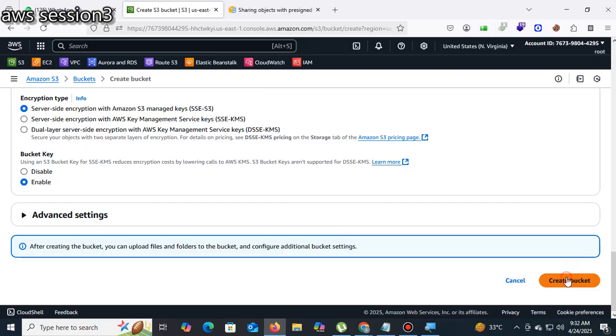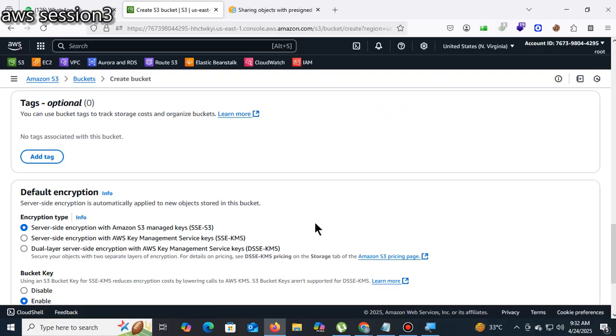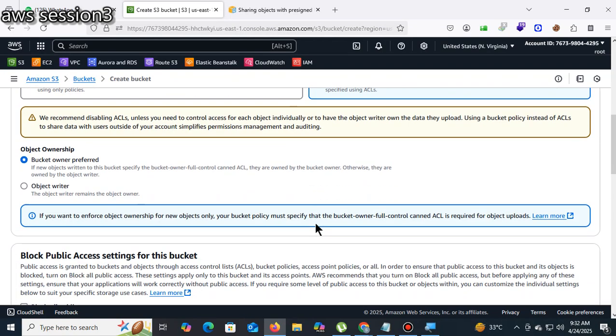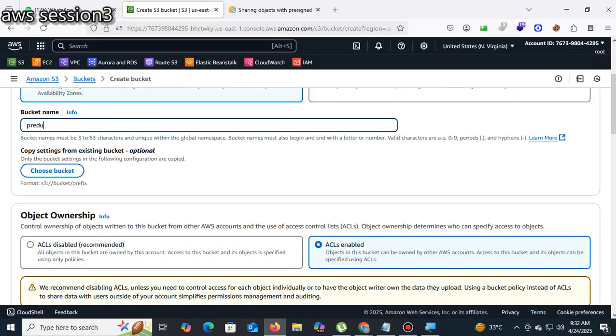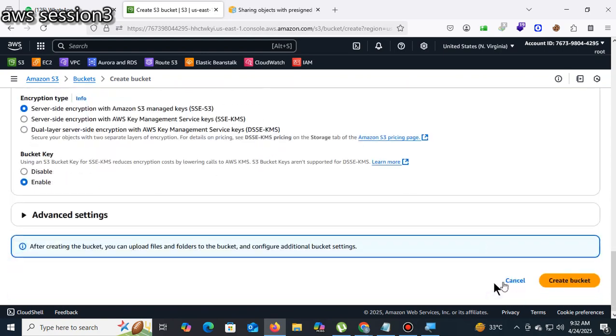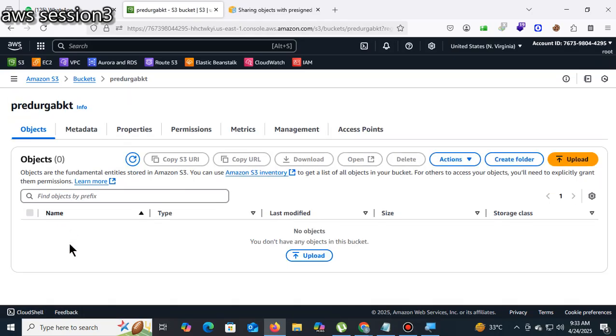I just make it as create a bucket. I created a bucket. The name is Durga BKT.